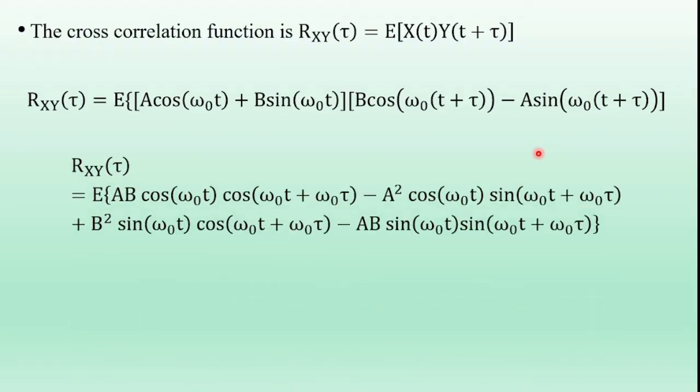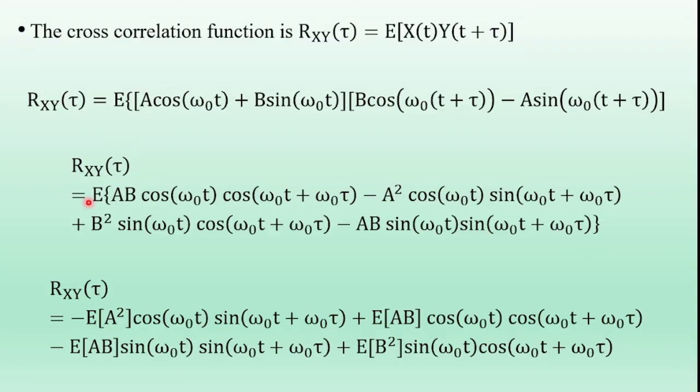We get the RHS term: expectation of ab cos of omega naught t cos of omega naught t plus omega naught tau, minus a square cos of omega naught t sin of omega naught t plus omega naught tau, plus b square sin of omega naught t cos of omega naught t plus omega naught tau, minus ab sin of omega naught t sin of omega naught t plus omega naught tau,